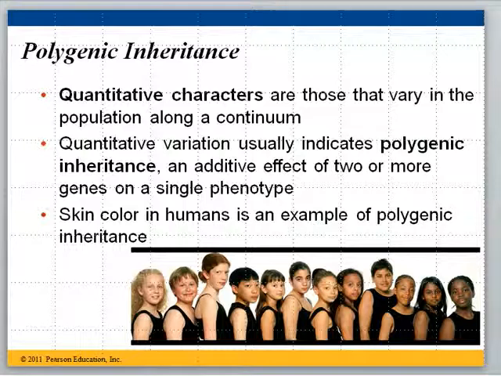on a single phenotype. So if you take a look at all these people down below, I believe these are all young ladies from a particular class, you can see that human skin color has a huge range, a huge variety from very light to quite dark, and pretty much everything in between. So unlike the pea plants that just had, say, two particular possibilities of a character, human skin color is polygenic, where you have quite a bit of variety because there's multiple genes and they have what we call an additive